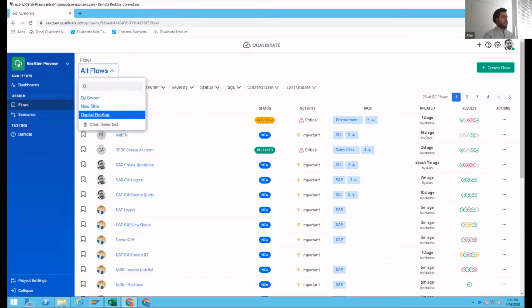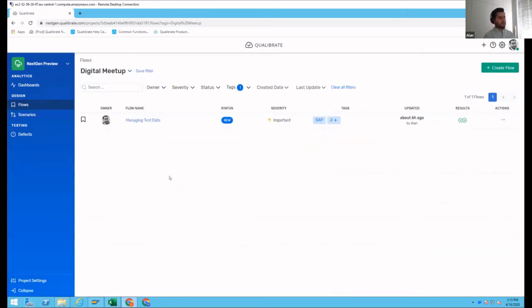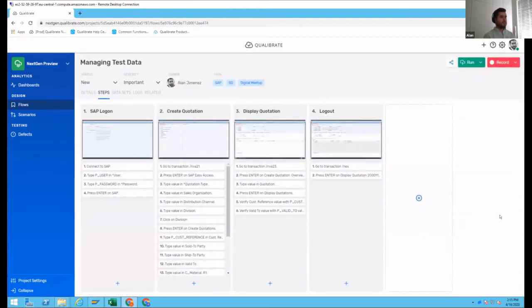So what I did here is that I created one single flow to carry on with this demonstration. And I have used a filter so we can look at the flow in an easy way. One of the things you will notice is that the flow is already recorded. This flow is specific to SAP, but in reality, as you see, we can support many applications. So this is also applicable for Salesforce or any other web application. But in this case, I'm going to focus on how we can use the datasets concept to explore different possibilities on creating quotations in SAP. So I hope you're familiar with that concept.